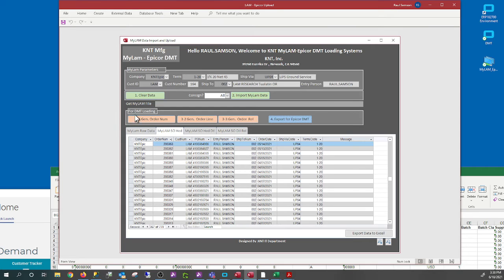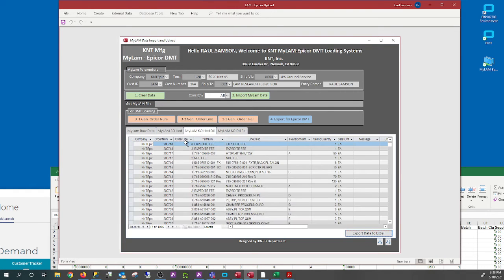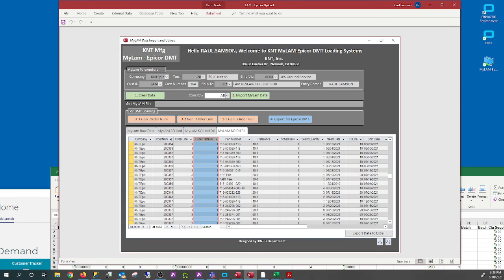Now, clicking this 3.1, 3.2 and 3.3 will take approximately 18 minutes to populate the temporary sales order as well as the order lines and the release number.